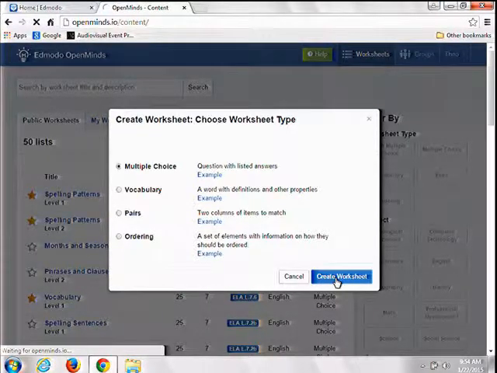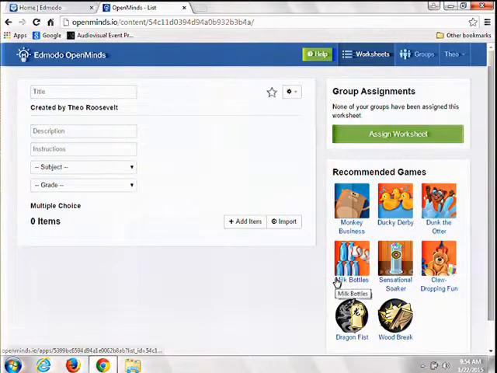So now it's going to bring up a form where I actually can input my multiple choice answers, or if I have got all of this laid out in a spreadsheet with the different columns for the different answers, I can just import all of this in and it will create that for me. The nice thing again is once I've created my version of the game, I have the option whether I want to keep that just for me or if I want to share that out with other teachers. So again, if you're in a teaming situation and one of your colleagues makes some of these, they can opt to share those with you as well.